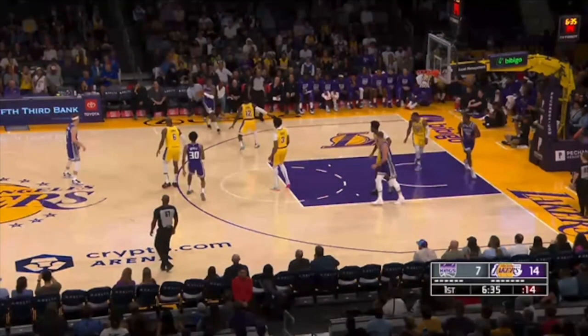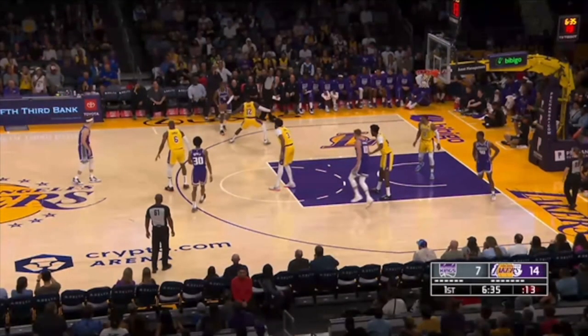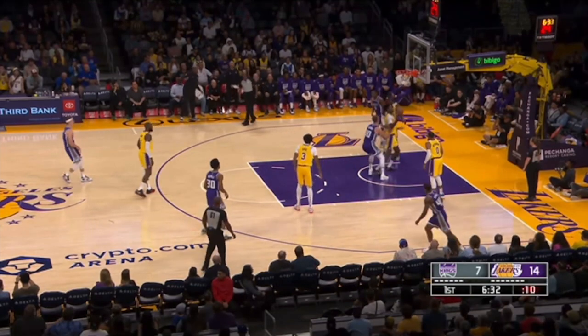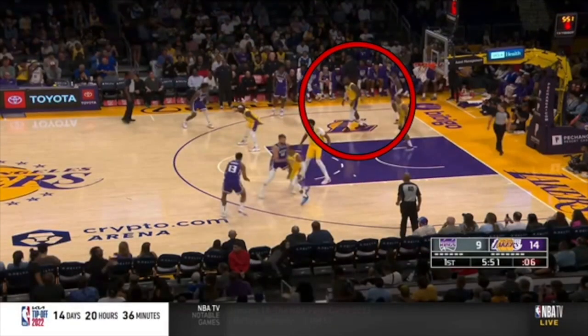Where are you getting beat? Come on, stop. LeBron needs to get a little bit lower back to the baseline, but now I'm angling this player this way. There's no place for him to go. I can stunt, recover. Instead, you get beat away from any help whatsoever, so now it's right to the rim and an easy two. If you're LeBron James, you cannot ball watch. You have to see the ball and your man at all times.